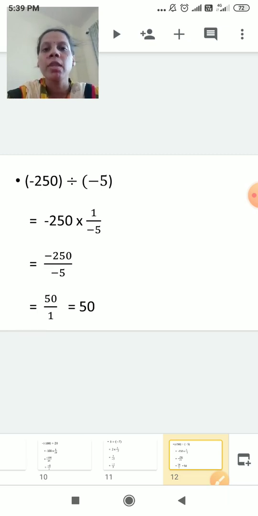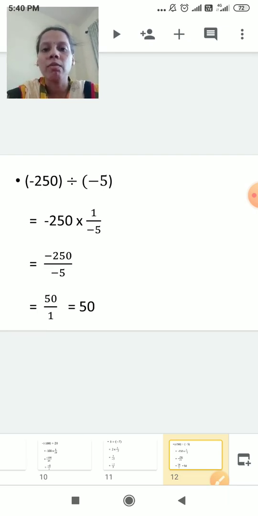Same in division also. When we are dividing two integers, if both the integers are positive, then the quotient, the answer, is a positive number. If we are dividing two numbers and both are negative numbers, then the quotient or the answer is always a positive number. And if one number is positive and one is negative, then the quotient is always a negative number. I hope you are clear with all the rules. Okay, based on these rules we have solved the sums, we have solved division of integers. These are the examples we have seen.